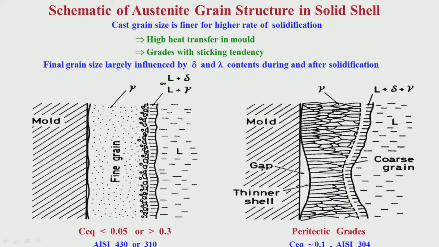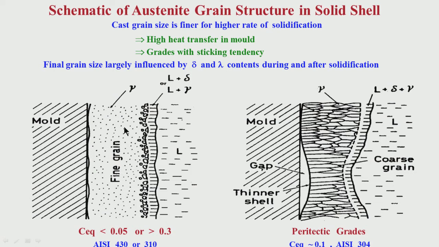Now, this also I have tried to explain that for the peritectic grade, so called, when carbon equivalent is 0.1, or for 304 stainless steel where nickel equivalent by chromium equivalent is around 0.55, because of the depression, this rough surface, there is air gap, relatively large air gap. So, heat transfer is less. So, we call it hot spot formation because of this, and consequently the cast grains are relatively coarse,